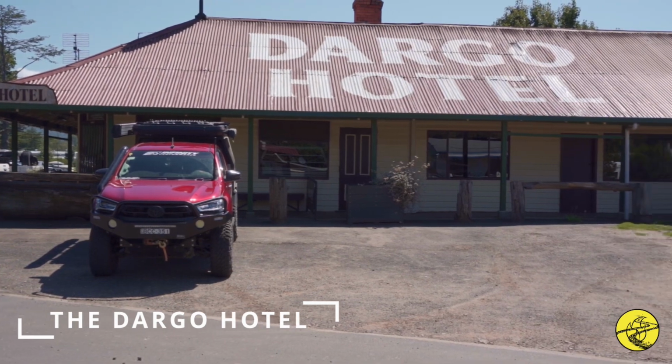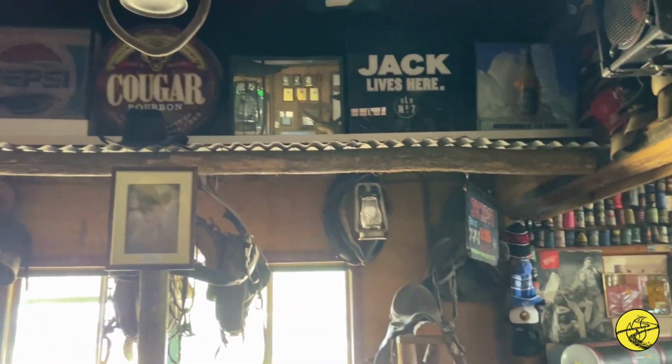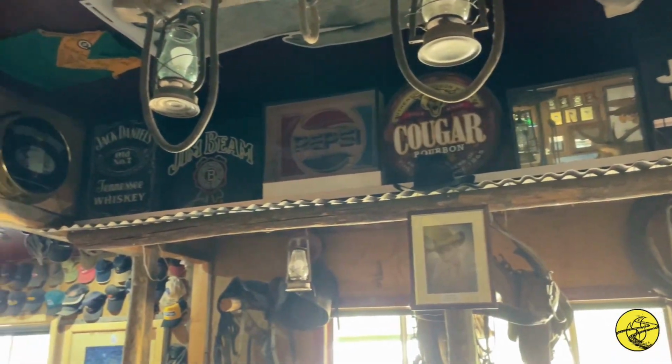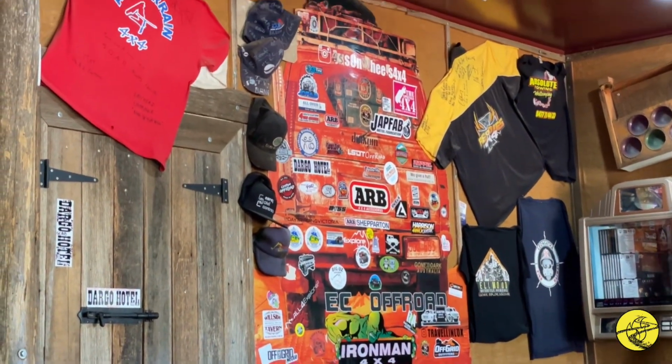The famous Dargo Hotel in the Victorian High Country has so much personality. You can see all the stuff on the inside here. So many people from all different four-wheel drive shows, all different adventure shows, and everything else in between has put